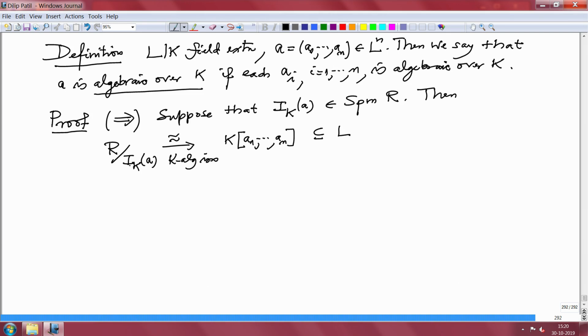This is maximal, so it is a field. So it is a subfield of L, and by definition it is a K-algebra of finite type. It is a quotient of a polynomial algebra, so it is finitely generated. Therefore,